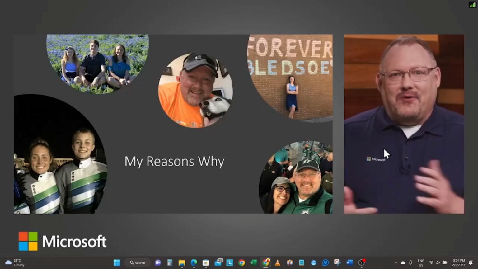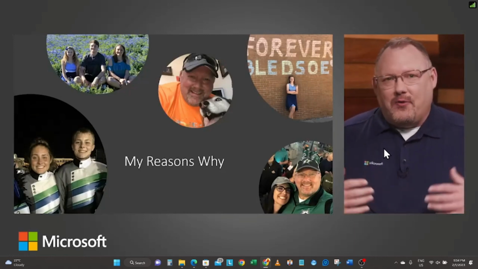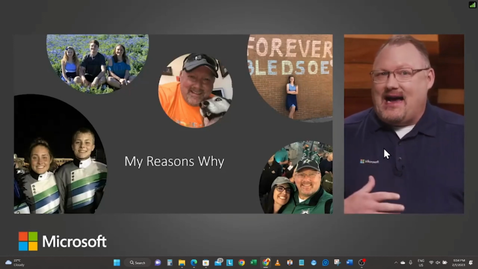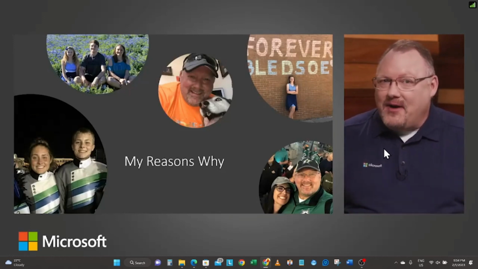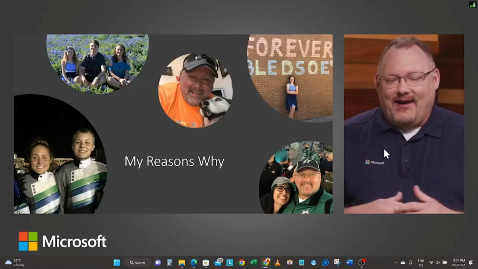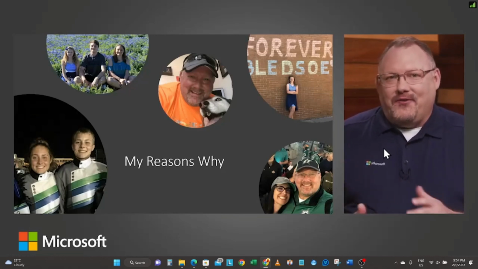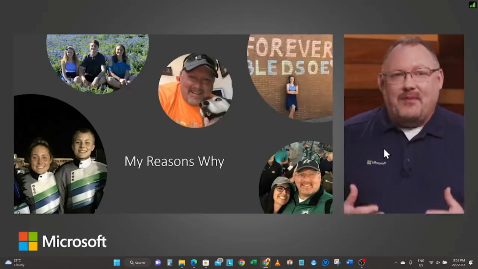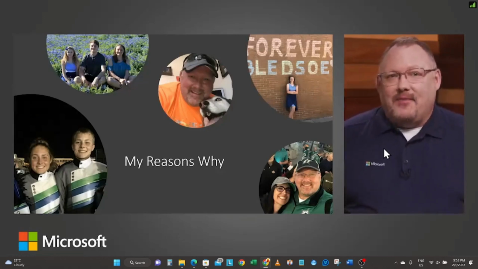So excited for him. I have been blessed with an amazing wife, Kristen. We're both Stars fans, so I do have a little bit of Dallas fandom in me, even though I'm primarily a Buckeye and a Brown. It's there. And then as you can kind of see, I have a wonderful fur baby in Coda Maya. Those are my main reasons why I do this job and why I'm so excited to be a part of this training over the next two parts.